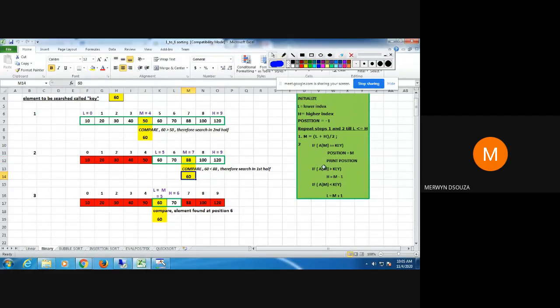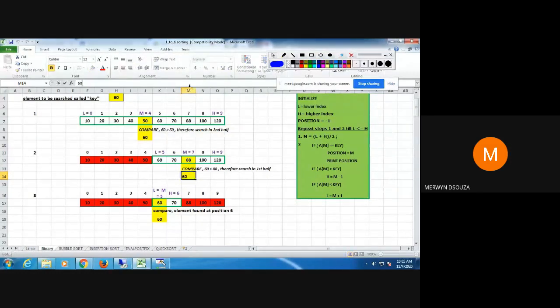Check whether 88 is greater than 60. Is 88 greater than 60? Yes. So in other words, what it means is that now this is your search area, this much, and the yellow part is your midpoint. So if 88 is greater than 60, 60 will be found in the left half of the array, or 60 will be found in the right half of the array.